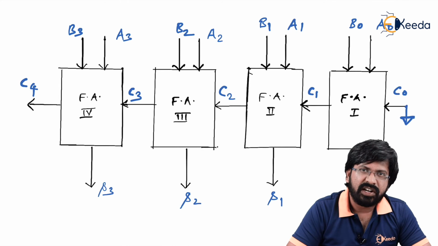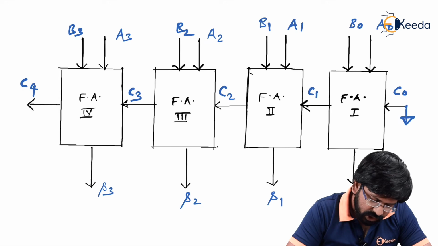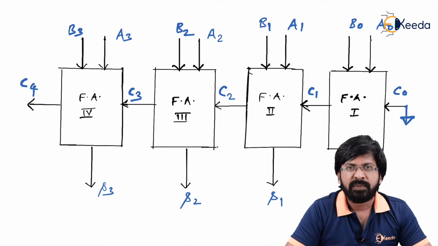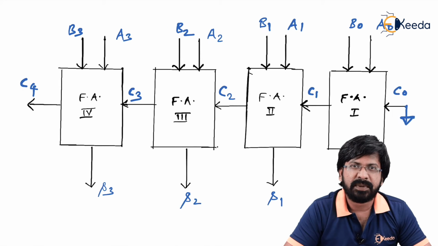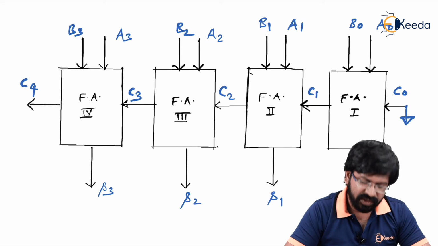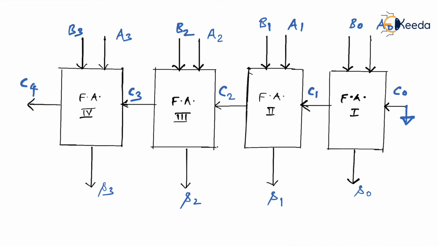So let's see. Let's talk about full adder number 1. Tell me, what do you think? To generate S0 and C1, what are the inputs required? Inputs required are A0, B0 and C0. Do you think that A0, B0 and C0 are applied at the same time? Answer is yes, of course. A and B inputs along with C0 input are applied at the same time. Therefore, to generate S0, it is going to take time Ts. Is that right? And at the same time, to generate carry number 1, it is going to take time Tc. Is that right?